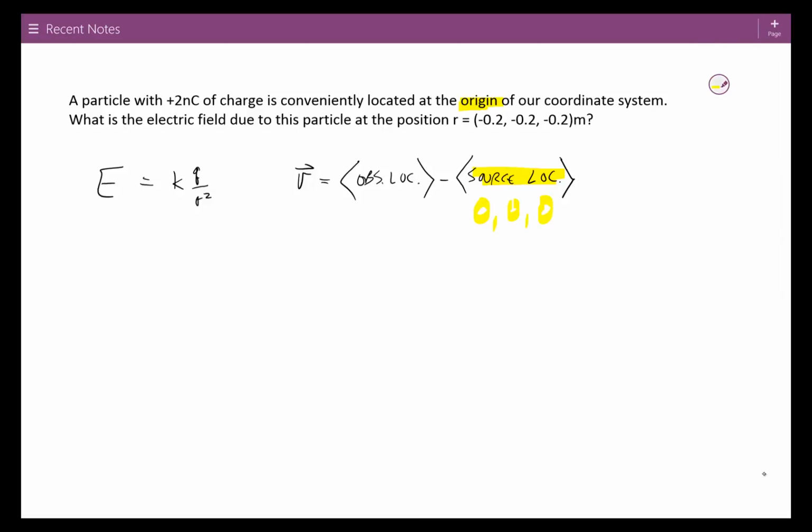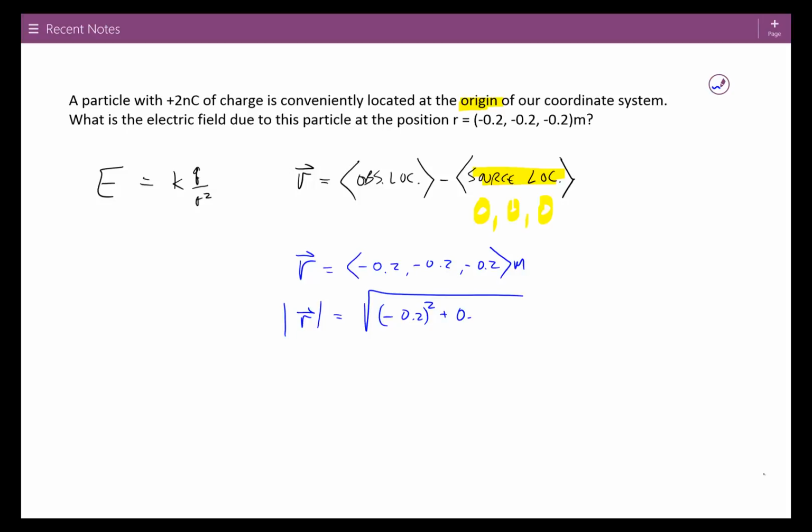And that means it's going to be a relatively simple calculation. And the magnitude, well, our value will just be the negative 0.2 in all three components,